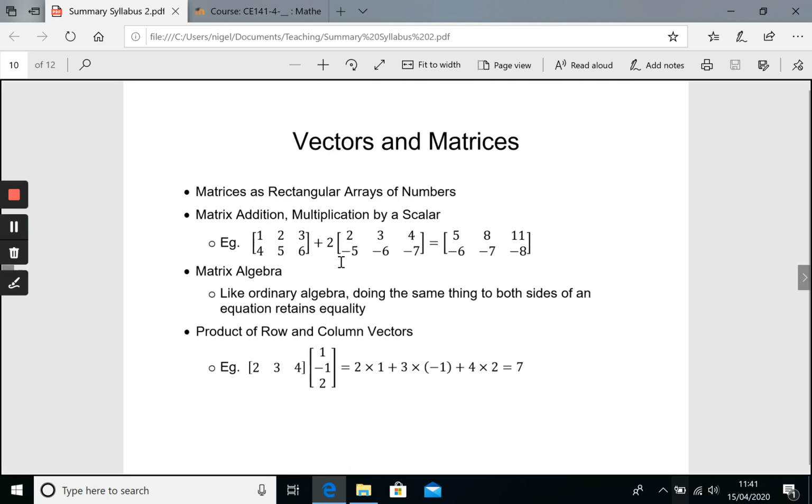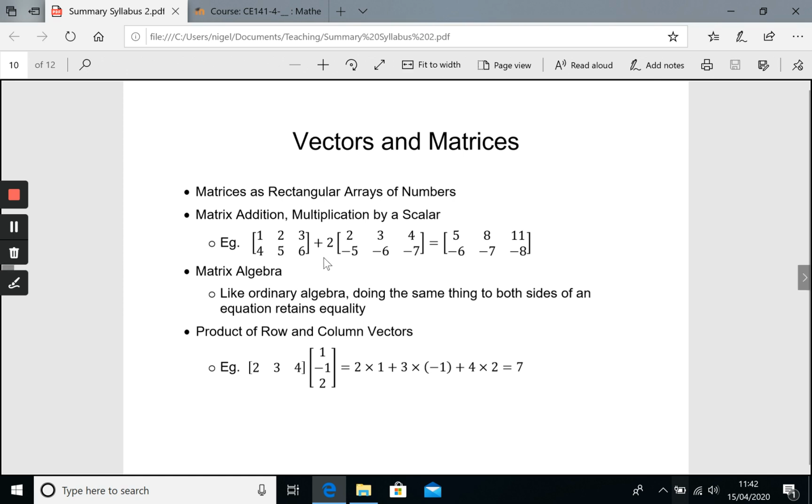So moving on to the final subject, we looked at matrices. A matrix is just a rectangular array of numbers. And we looked at the very easy notion of matrix addition and multiplication of a matrix by a scalar, a single number. So for example, if I've got a 2 by 3 matrix, that's 2 rows, 3 columns, containing entries